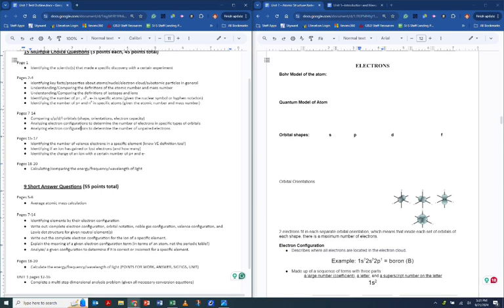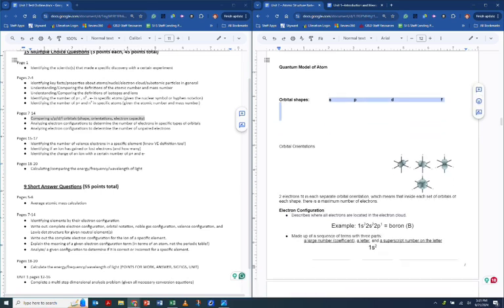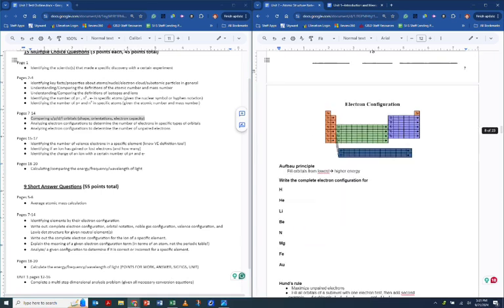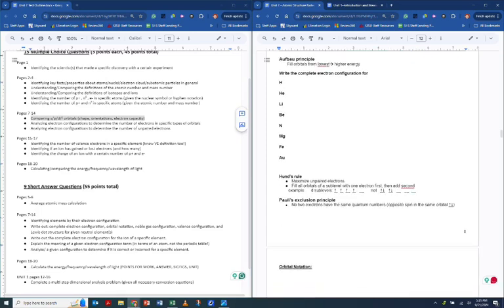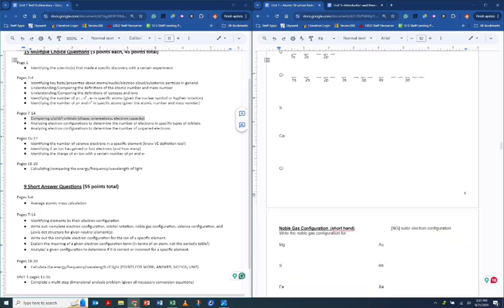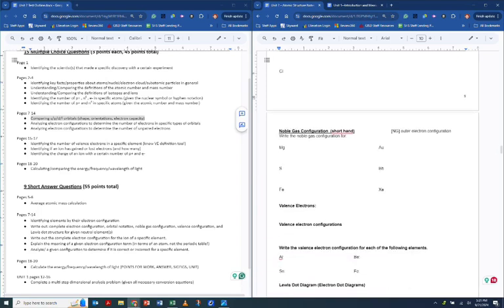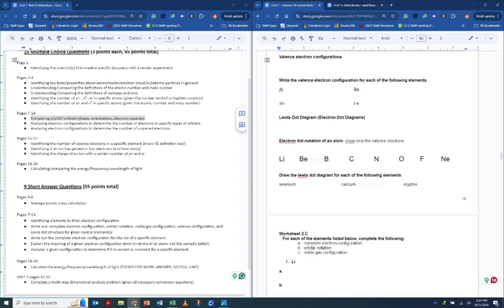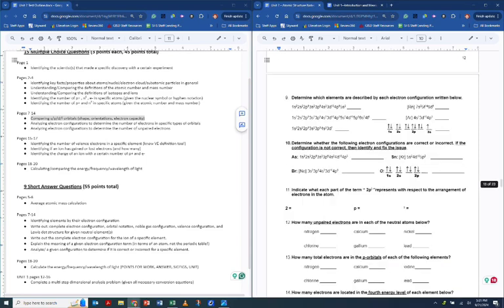So in the multiple choice section, you need to be able to compare the s, p, d, and f orbitals with their general shapes, number of orientations, and how many electrons they can hold. You need to be able to analyze electron configurations to tell us how many electrons are in specific types of orbitals. So the multiple choice section isn't going to have you writing any of these out, but you need to be familiar enough with them that you could use one of those configurations to tell you some information,